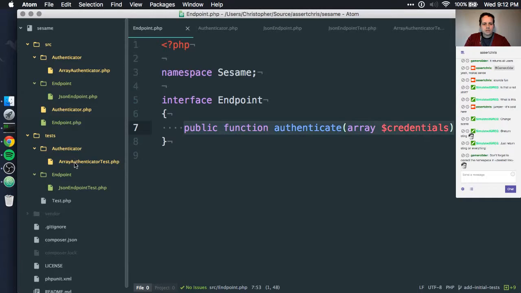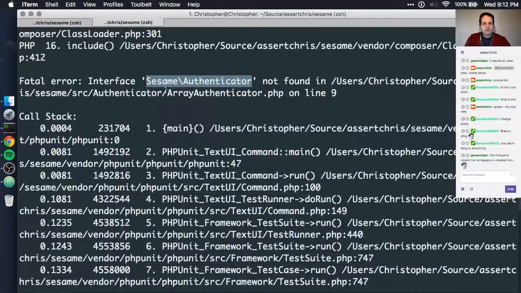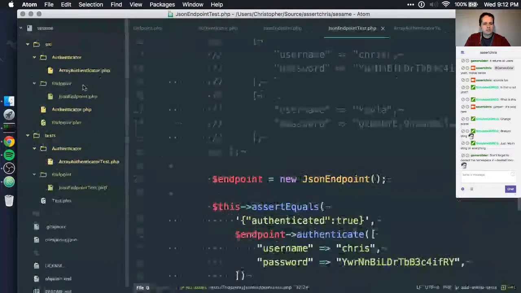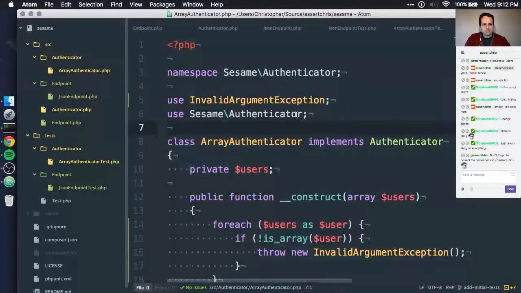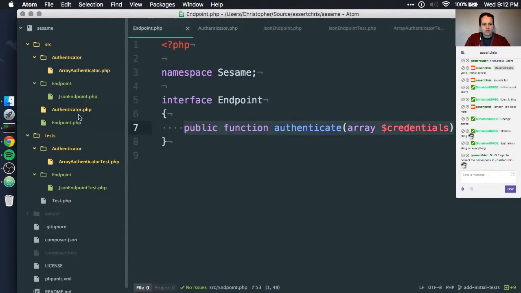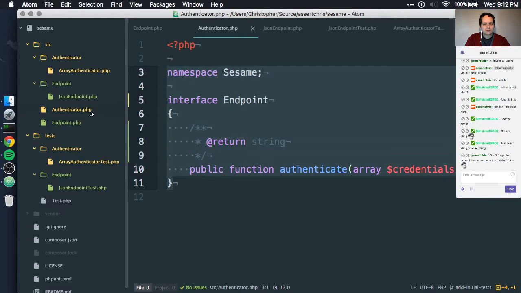Okay. Endpoint. Oh, what? Array authenticator, line 9. Wow, I just nuked the previous implementation of this.